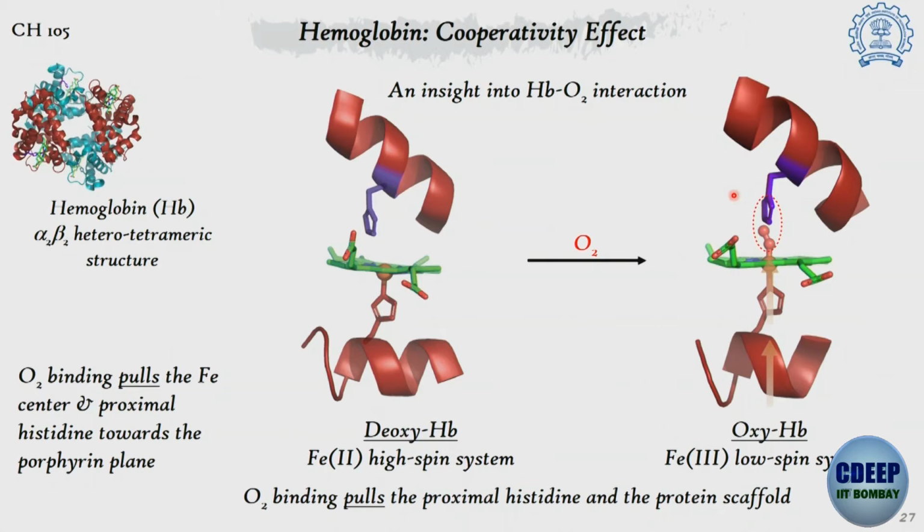Now over here, when you are talking about these histidines, the proximal and distal histidines are not hanging on their own. They are part of a big protein chain, and when the oxygen is binding, the size of the iron shrinks down, it gets pulled up. The distal histidine is helping the oxygen binding through hydrogen bonding. Not only does the histidine bound to the iron get pulled up, but the protein chain connected to this histidine also gets pulled up. So when oxygen binding pulls the iron, it pulls the proximal histidine bound to it, and also the protein chain bound to it. So it is a huge movement of the protein structure during the oxygen binding.